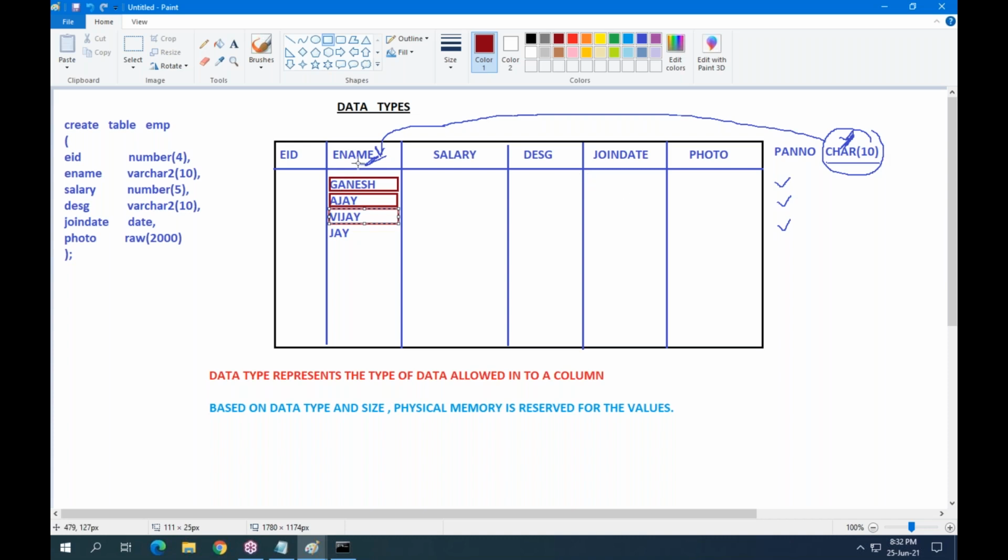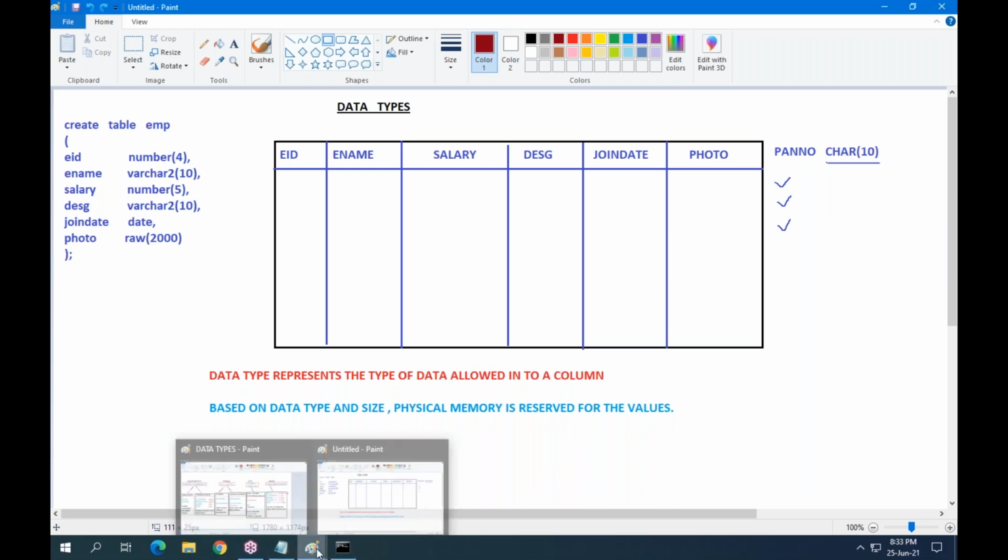So for the employee name type of column, don't use the char data type. But for PAN number, Aadhaar number, vehicle registration number, hall ticket number, for these kinds of values, use the data type char. Is it clear, guys?